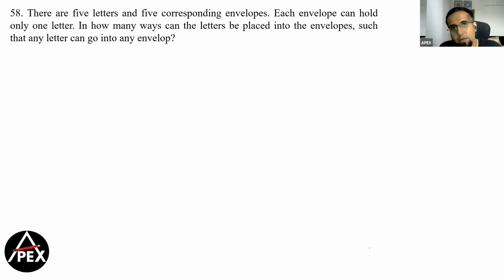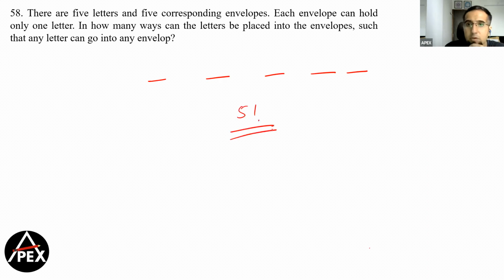So there are 5 letters and 5 corresponding envelopes. Each envelope can hold only one letter. In how many ways can the letters be placed in envelopes so that none of them gets into its corresponding envelope? Which means in a way I have 5 places. In these 5 places, I have to arrange 5 letters, and therefore the total number of ways becomes 5 factorial,